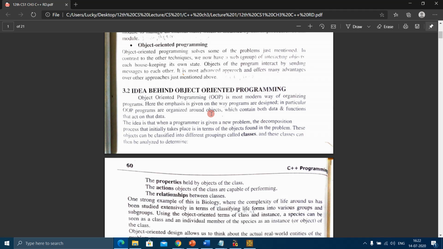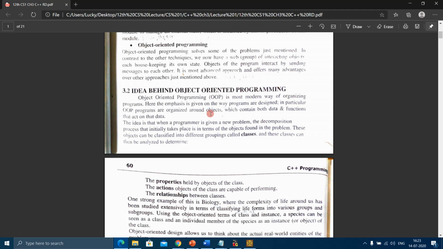An object can have its own data and functions. There are multiple objects in a class, and each object has its own data. Data means variables. Each object can have its own data, and each object can have its own functions.